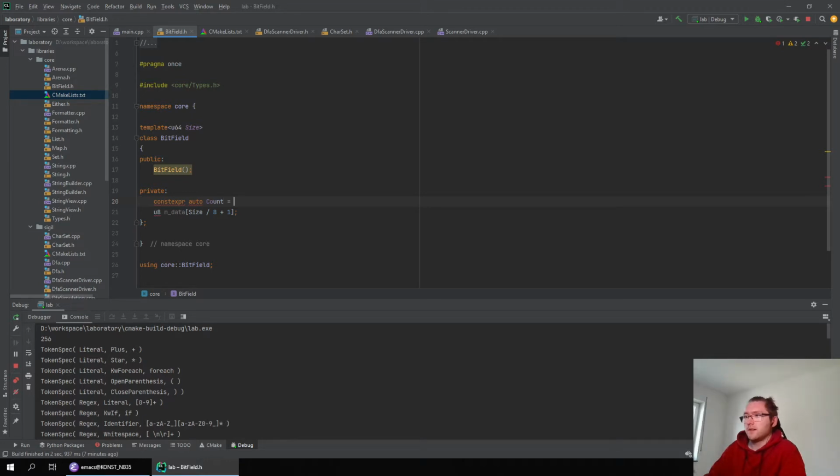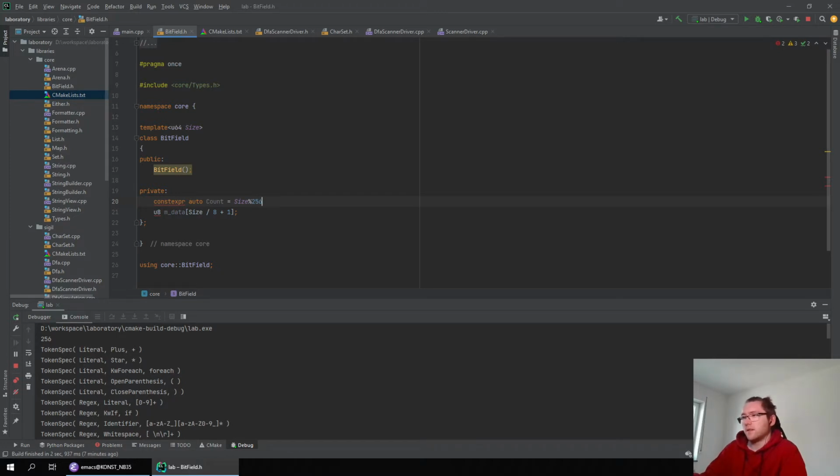Let's say the following. Also, instead of naively using this equation, I'm thinking to check if size is actually modulo divisible. So if there's a remainder when dividing,